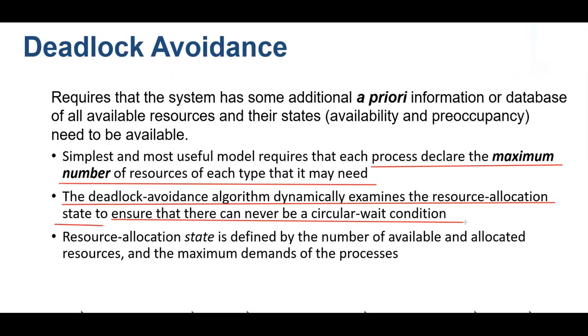That's why the deadlock avoidance algorithm will each and every time check whether there is any waiting process, or any process holding some resources and waiting for others, creating a circular wait or not. So the conclusion of the second paragraph is that the deadlock avoidance algorithm will dynamically examine the system each and every time. And the first paragraph's conclusion was that the process must declare the maximum number of required resources. The second one,